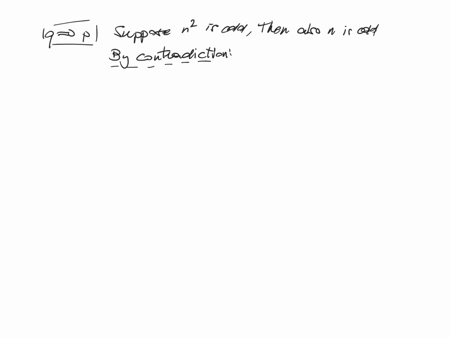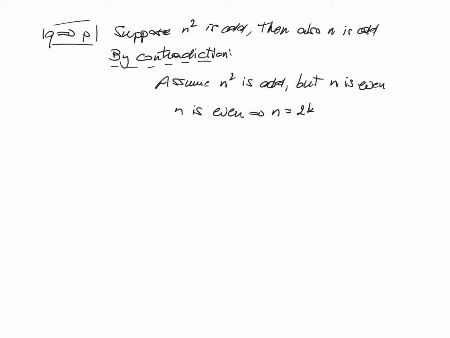So what we will do is we assume that n squared is odd, but that n is even, and then we will find a contradiction. So here we assume n squared is odd, but n is even. So if n is even, this means that we can write n as being 2k with k some integer. So then we can also look at n squared, but n squared just becomes 4k squared, which is 2 times 2k squared. And so clearly n squared has to be even,